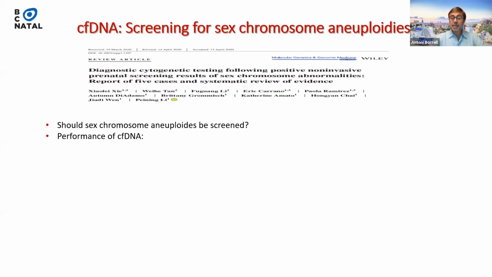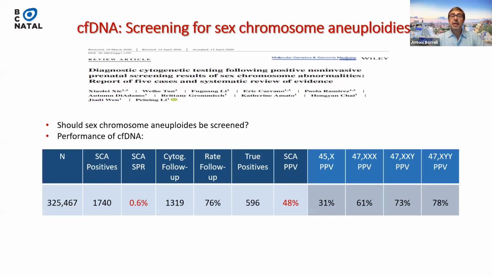I mean, everyone dedicated to clinical genetics knows the problems that we have when a couple comes with the diagnosis of XXX, XYY, or Klinefelter. That is very difficult to counsel, and to say it's not so severe, and many of them want a termination anyway, despite it being a mild syndrome or mild situation. Anyway, if we perform cell-free DNA to screen for sex chromosomal anomalies, these are the figures